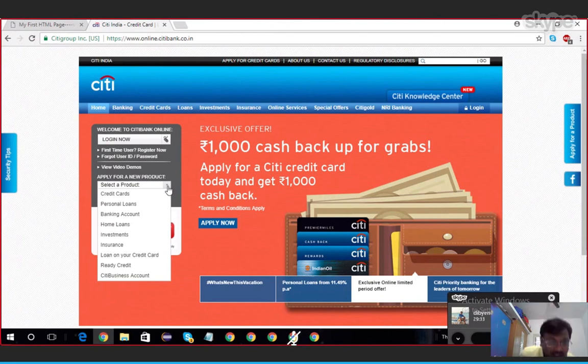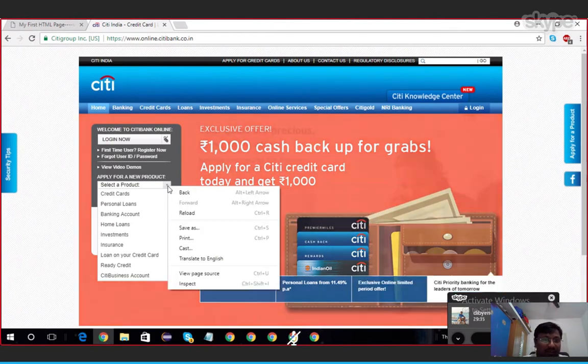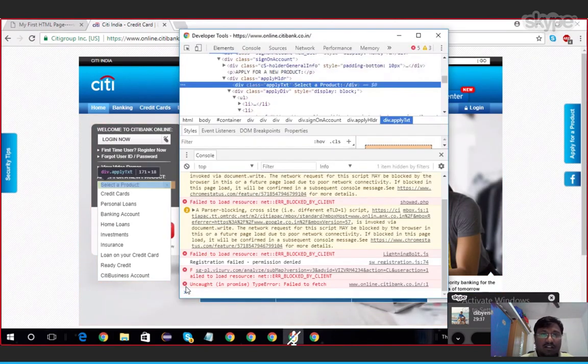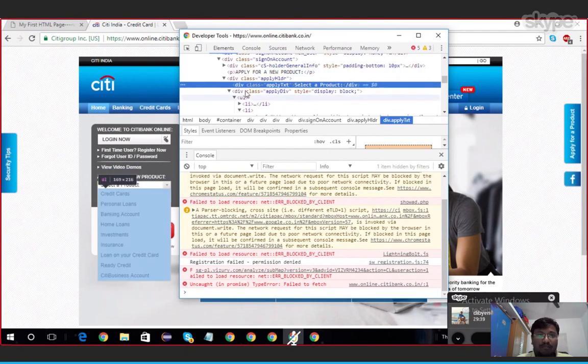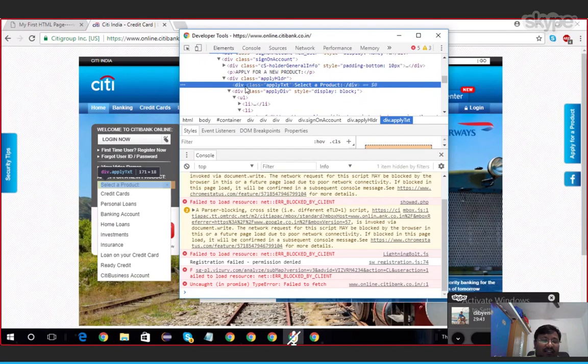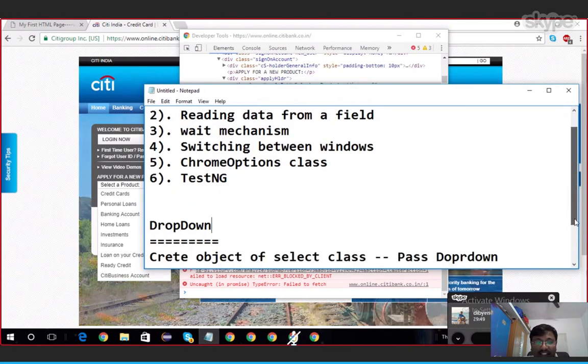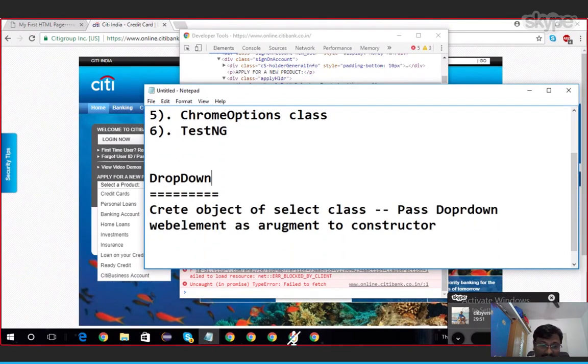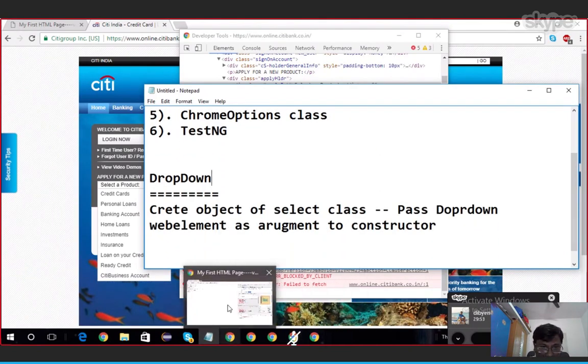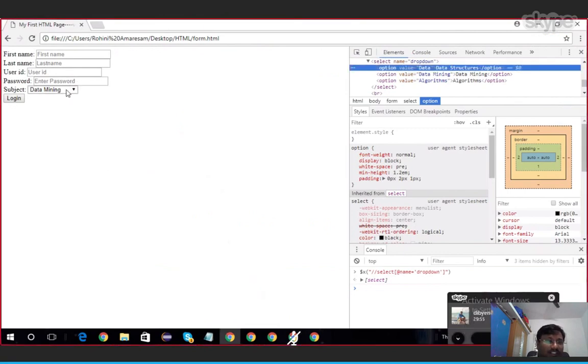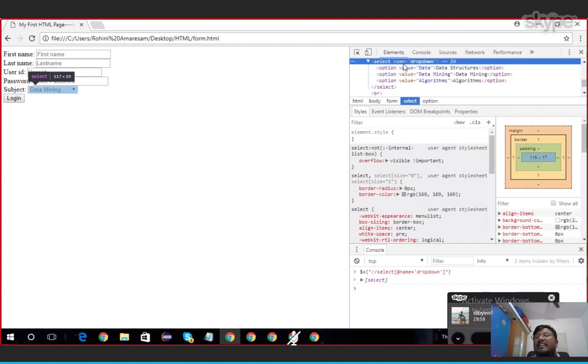Whenever you go and inspect the source code, if it is a traditional one, then only we should use the syntax I showed. If you right click on that box, this is a combo box, and definitely it will have a select tag.